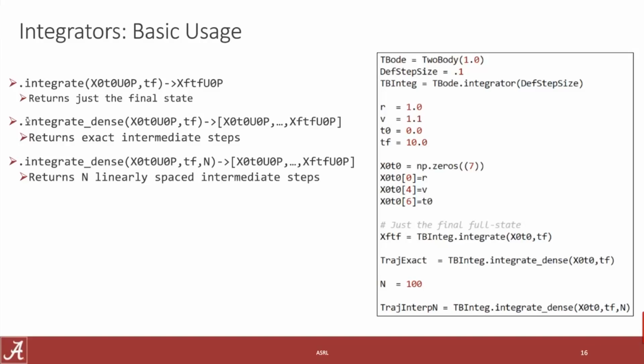So this is almost more of a debug, or if you need to study how your integrator is changing behavior, you can run the integrate dense without that. But often, if you're going to make plots or show a converged trajectory, you can pass in this number of equally spaced intermediate points. Okay, so you're inferring that the integrator itself is